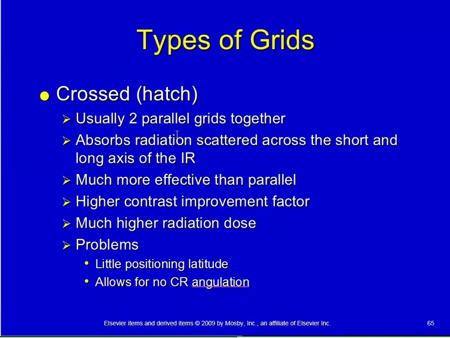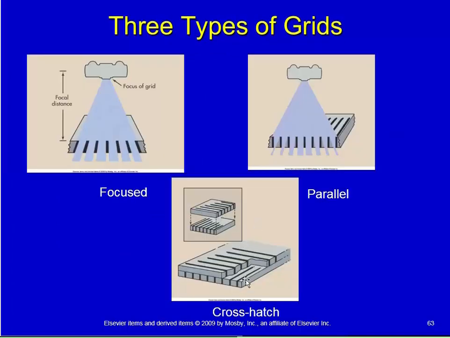So a crosshatched grid is usually two parallel grids together, and that's what you're looking at here. You've got grid lines that are coming this way, that's a dark line, and grid lines that are going that way. So the purpose, or the effectiveness, of a crosshatched grid is that even on a parallel grid, if you have a patient here and your scatter radiation is coming off in this direction, then